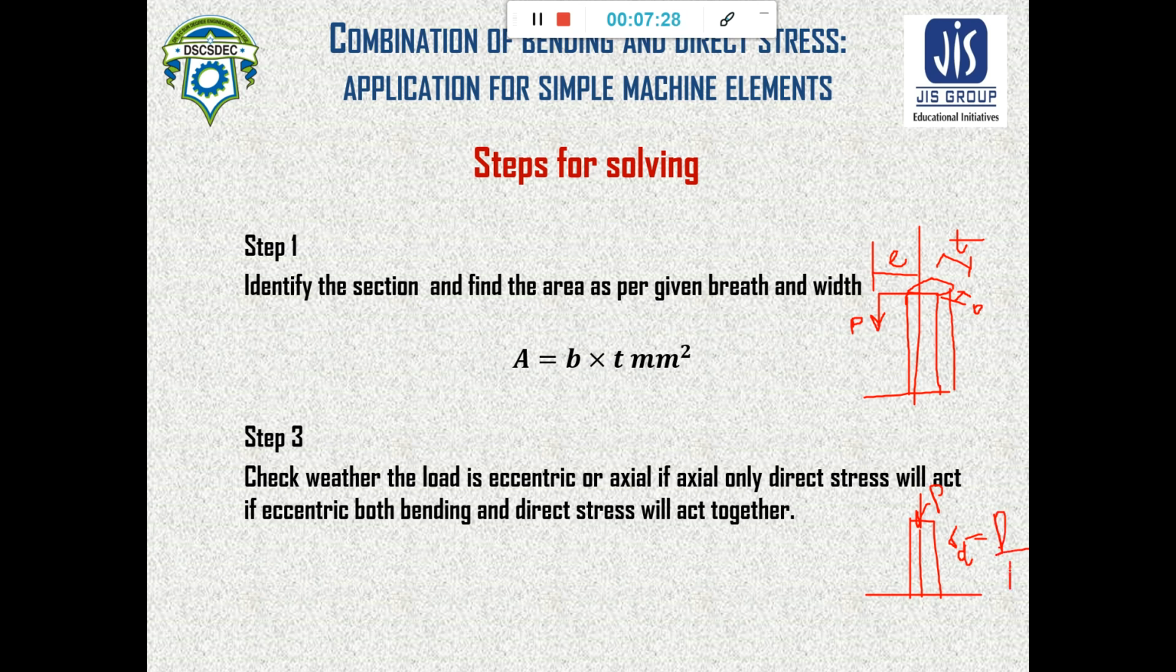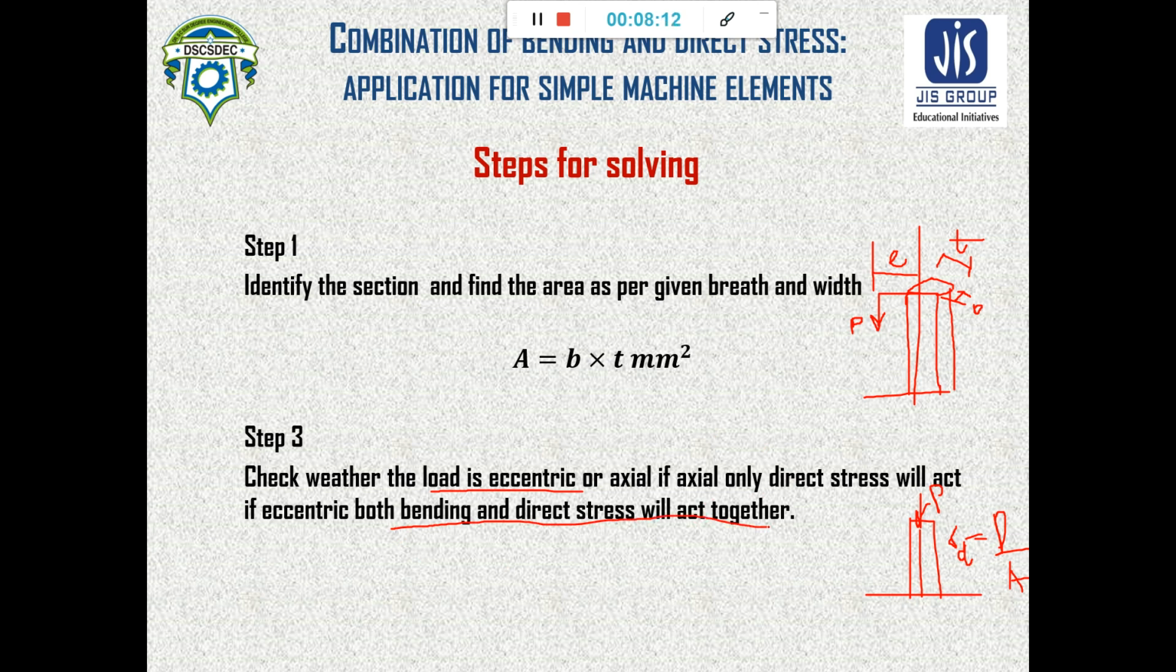That is our answer. If, as per the real life case, the loading is eccentric, that means the load P won't be acting on the axis; the line of action of the load is not coinciding with the axis. So the loading is eccentric. If the load is eccentric, what will be our conclusion? Our conclusion will be that both bending and direct stress will be acting